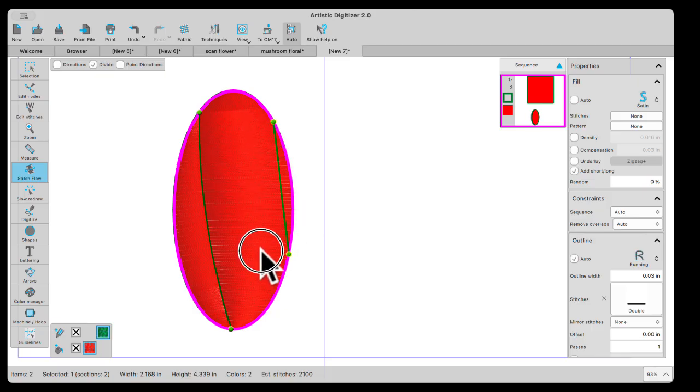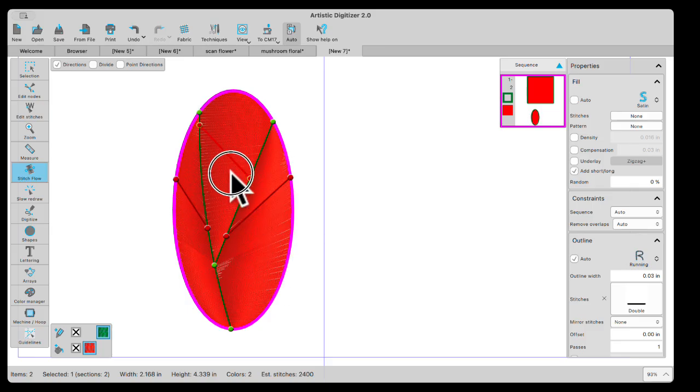Oops, I got to put that one back in. There we go. So you can bend them and then you can go to direction. And if you need to direct those satin bars to be going in a certain direction, you can do that as well. Now, stitch flow is really handy when you're working with lettering as well, because when you're in a